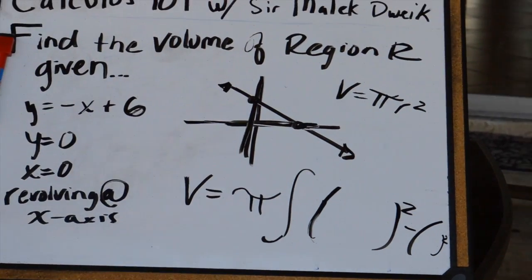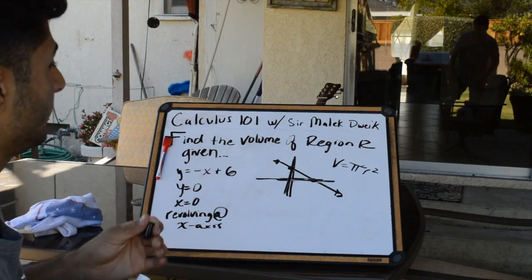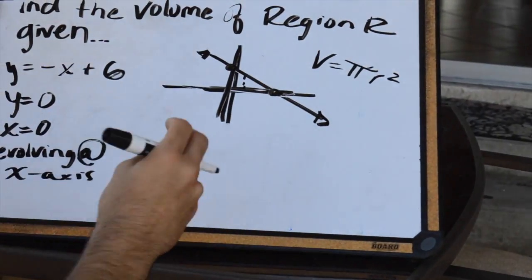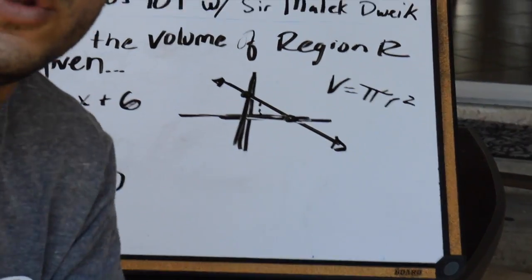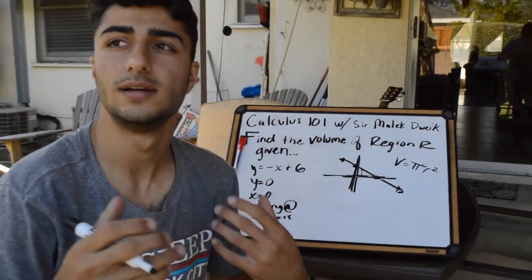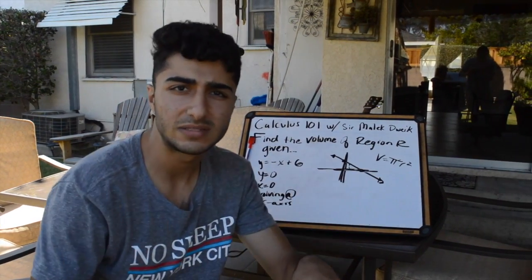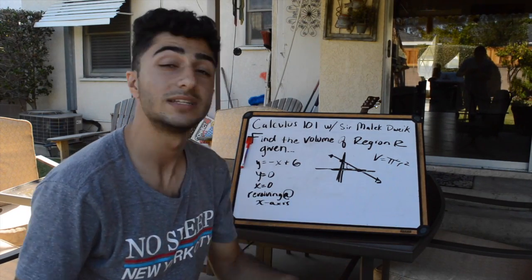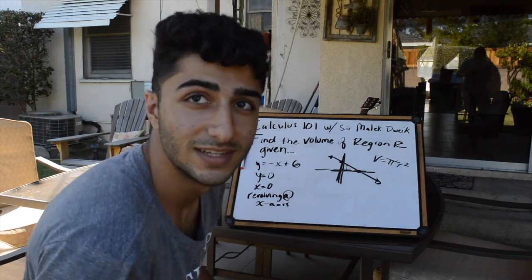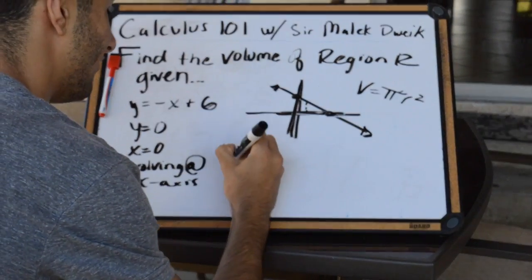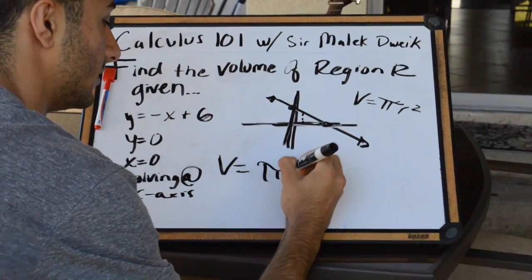I can just tell you right off the bat that the endpoints are 0 and 6. Normally what we would do is set the equations equal to each other and solve for where they intersect. I've saved us the time. I just did it in my head, and you can take my word for it. Does that sound okay, Brian? Yeah. So, volume will equal pi times